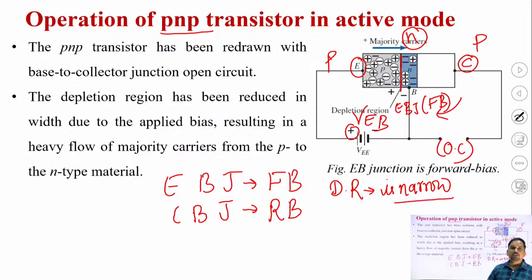So when the depletion region is narrow, we can say that the majority charge carriers, which are basically holes in the P region, are the majority charge carriers, whereas electrons are minority charge carriers. So the positive of the battery will basically pressurize the holes, which are the majority charge carriers on the P side, and they'll try to move towards the collector side. So here we have seen that the emitter is basically supplying the majority charge carriers, which are holes. We have drawn an arrow here to show the flow of majority charge carriers like